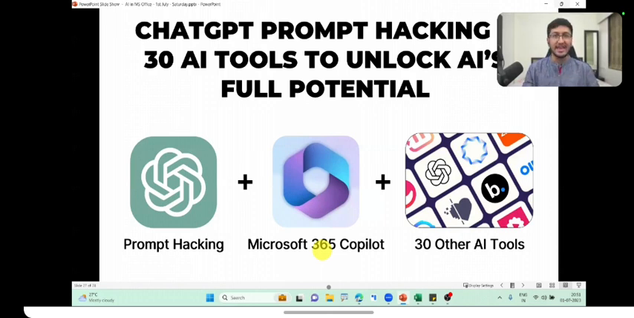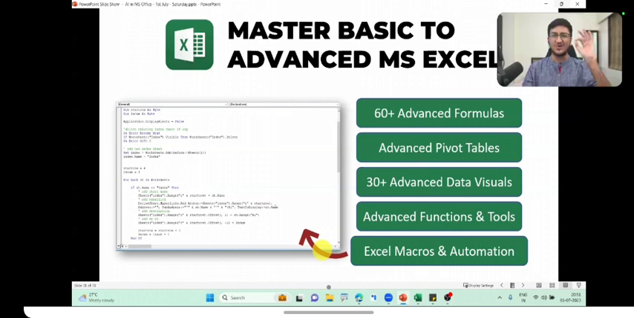Well, you need to master everything about the number one, the most common software used in the entire world, be it any industry, which is mastering everything about basic to advanced Microsoft Excel, which includes you mastering more than 60 plus advanced formulas that you can use for your day-to-day work, advanced pivot tables to perform data analysis, 30 plus advanced data visualizations for presenting your data, advanced functions, advanced tools, and most importantly, how to use Excel macros and